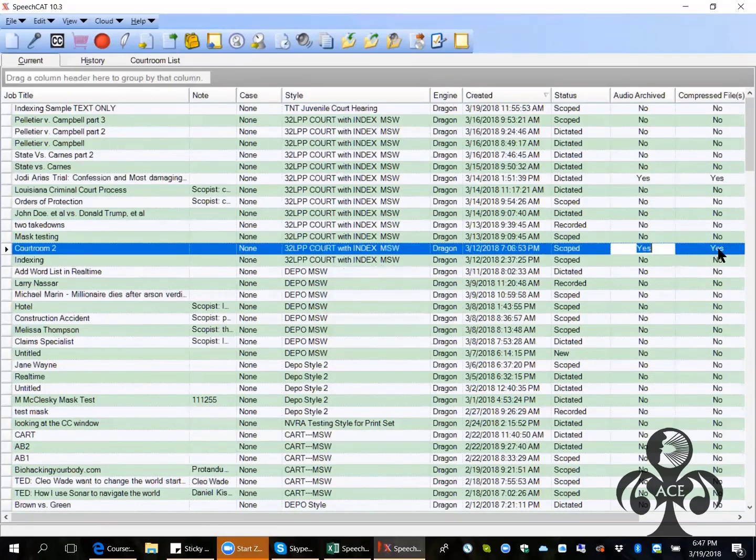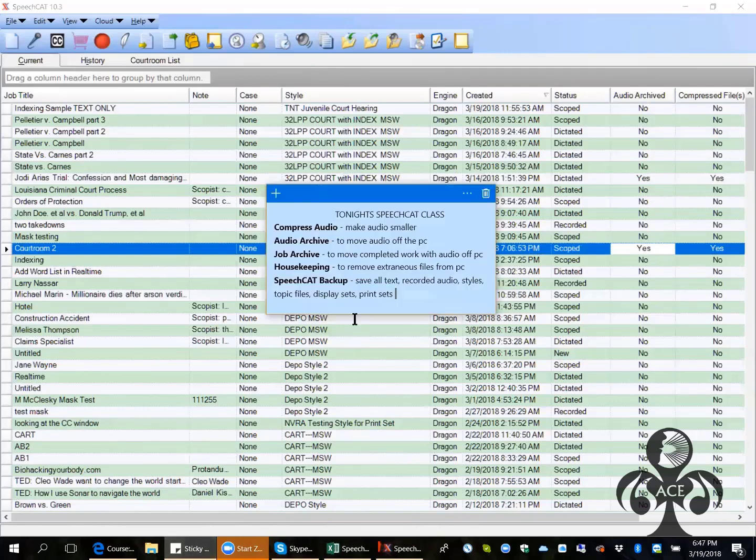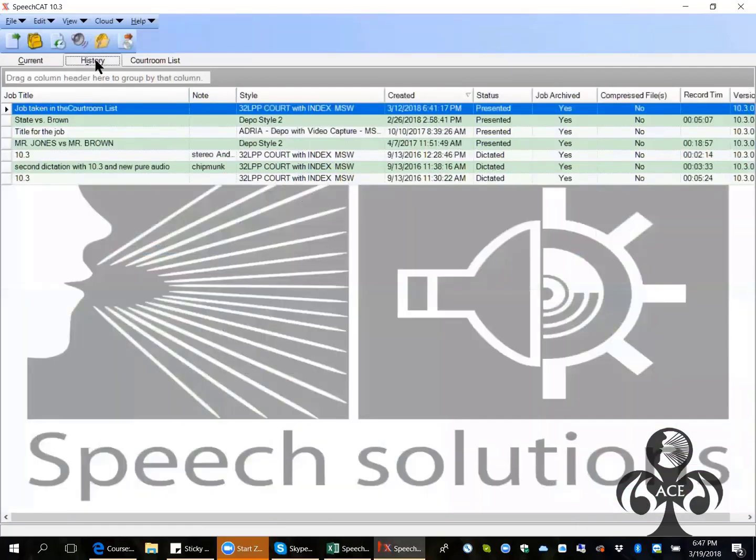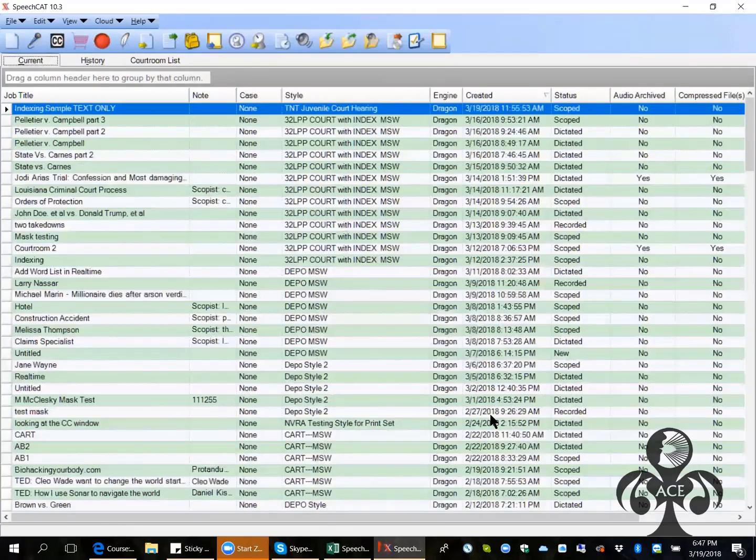See, now these were my 2 compressed files that I archived, and now they say they are audio archived. Now, normally, when I do a job archive, I do it from the history list. So I'm going to click on the history tab up here at the top, and all of these have been job archived. So let me go back to current and move a few jobs over